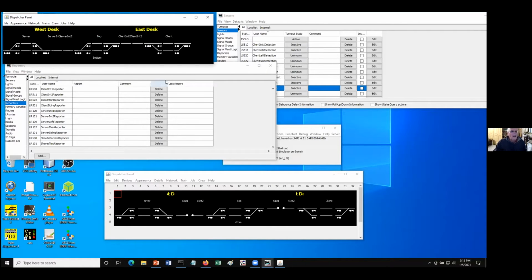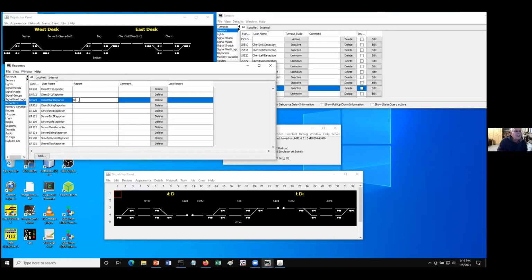Then let's say he's on the main block in the client section. So go to client, main reporter, and you'll see train number 1 now appeared. And if he moves so that the reporter would stop reporting,